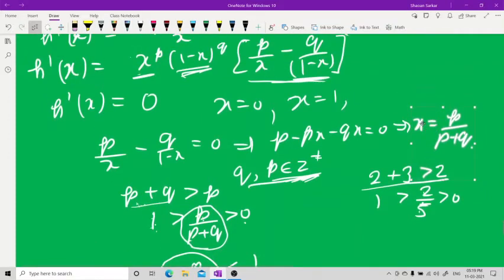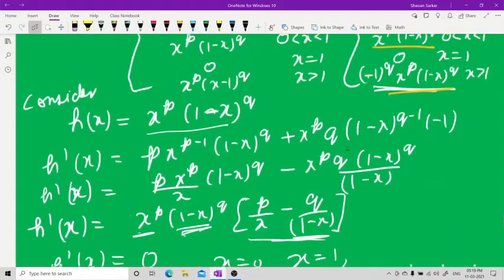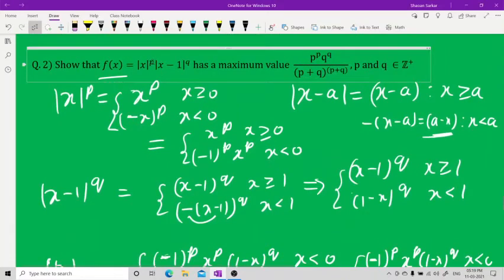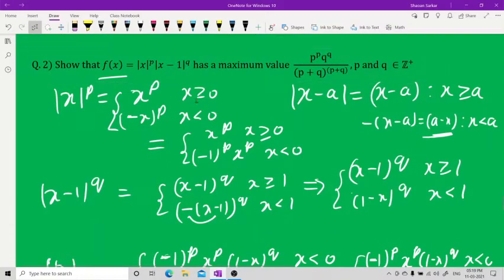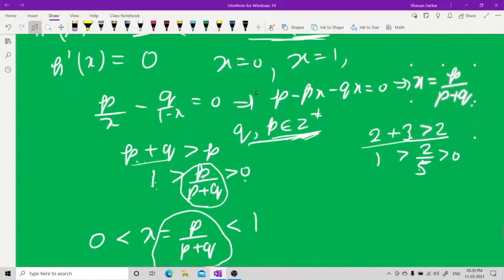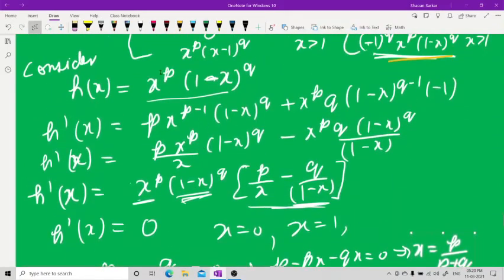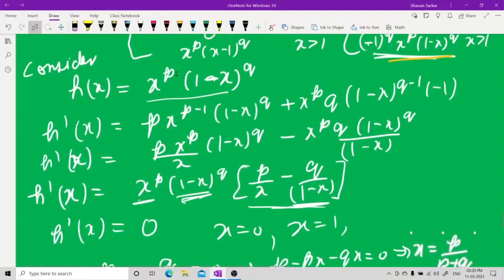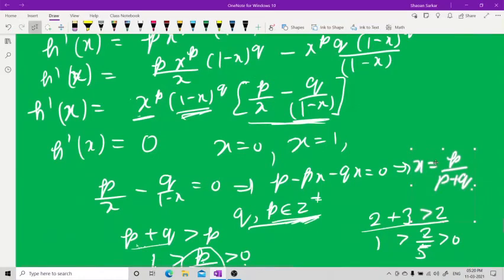डू वन थिंग, एक काम करो, p की वैल्यू 1 लो और q की वैल्यू 1 लो, and then if you try to calculate, you will find that in this h x equation, taking p equal to 1 and q equal to 1, you will not get 0 and 1. When you take 2 and 2, when both are 2, you will get them, and this point will always come. So this may come, may not come. If they come, they may be a maxima or a minima.